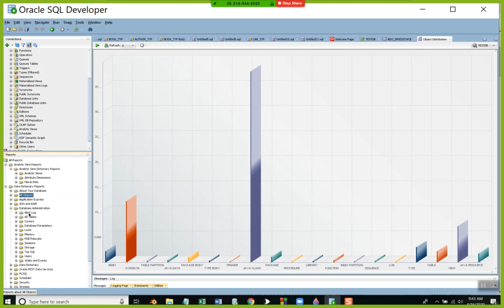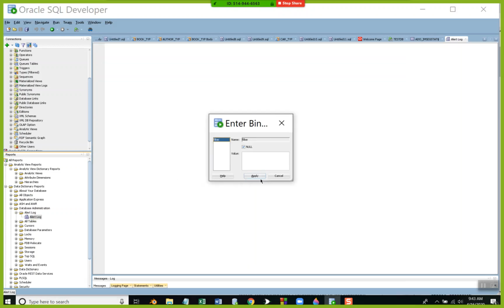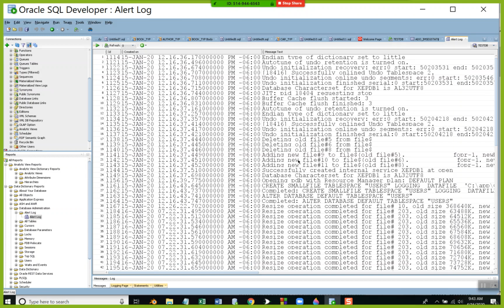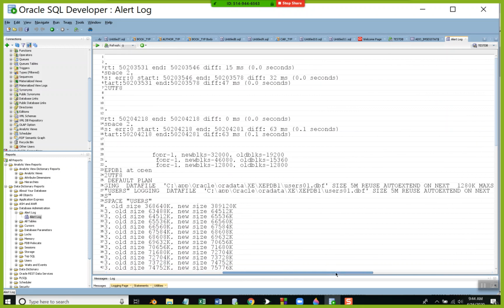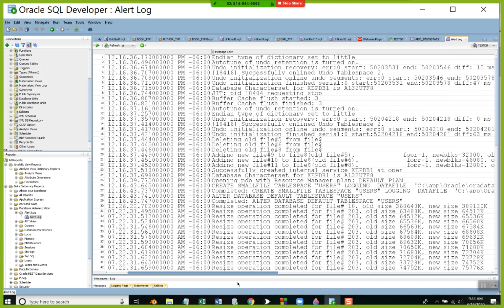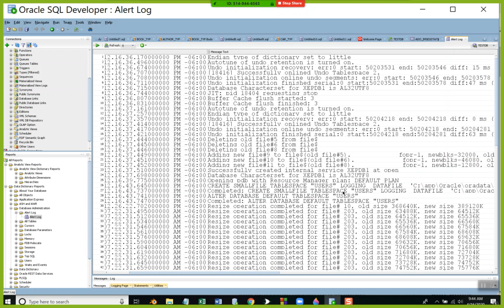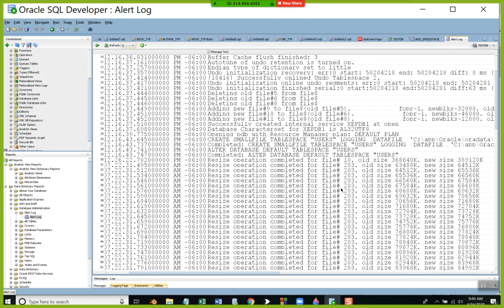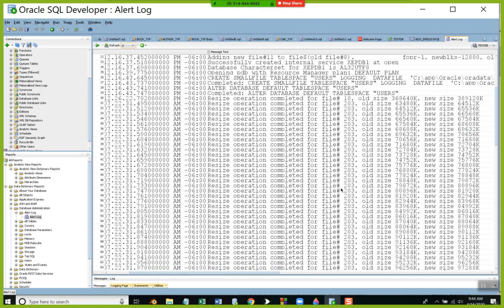Database administration. Alert log. Here's all the issues that are coming up. Some of these probably more important than others. Some of them may be routine ones. But this is something that a database administrator would look at. At Koch Industries, KOCH, had a total of about